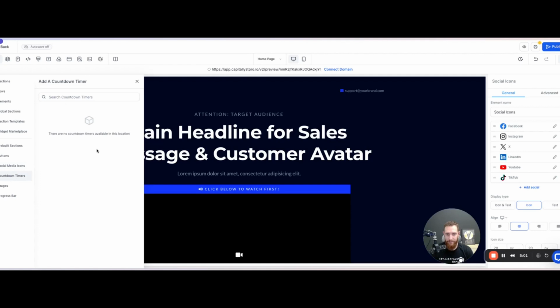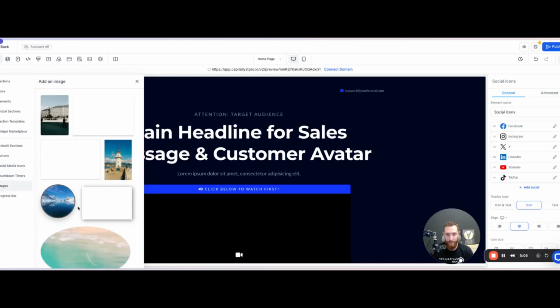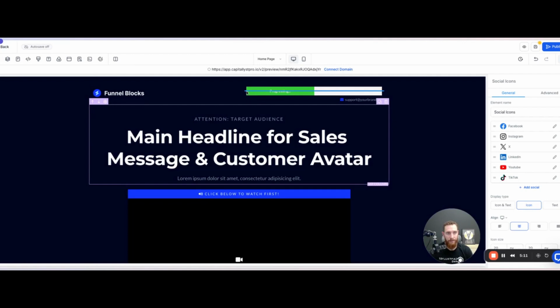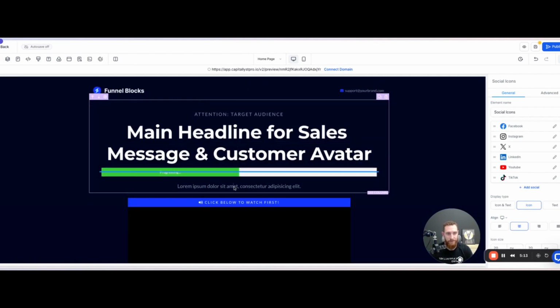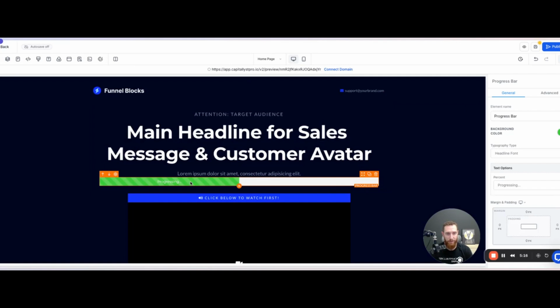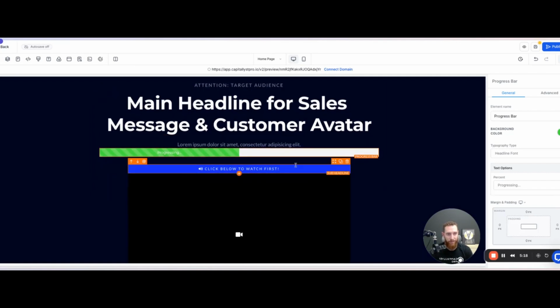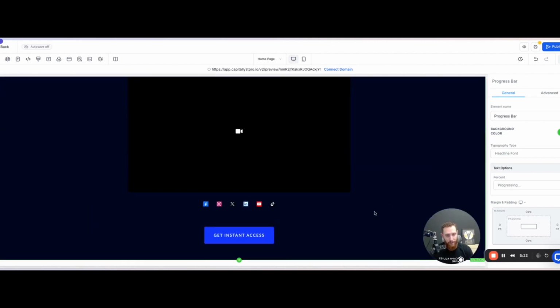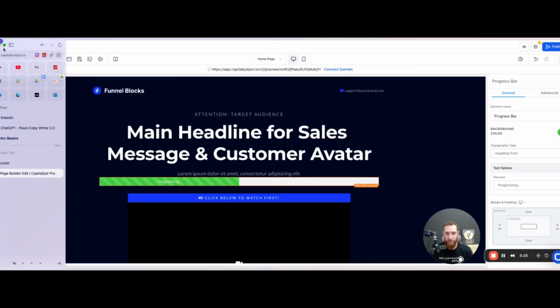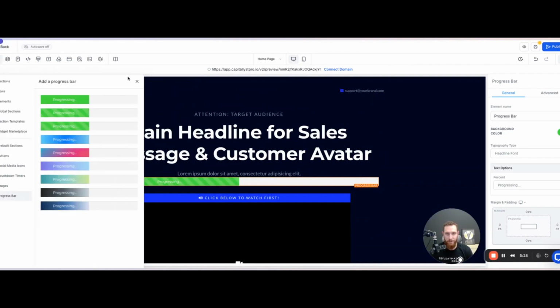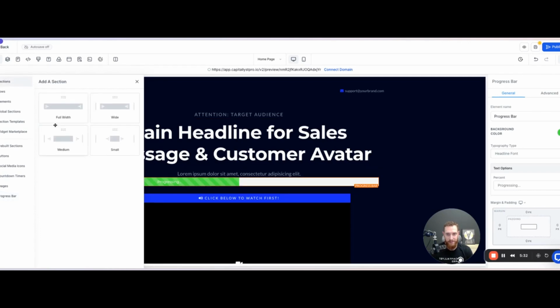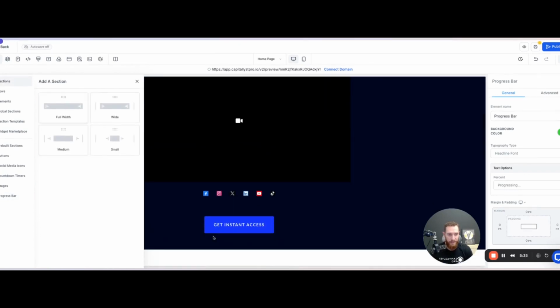Countdown timers. This is something that's really new to us, but you can add a countdown timer, images, even a progress bar. So if you see in some landing pages and funnels, they have progress bars. So this could be the first page, and then if you have a second page, then you could do that. Okay, so that's how you build it. Now, I wanted to show you just an example real quick. So let's say we want to put a form in here. All you'd have to do is go up to sections. I want to do a full width section here,